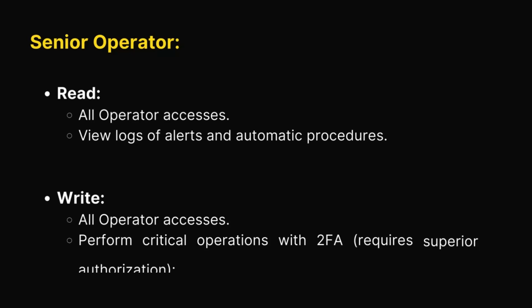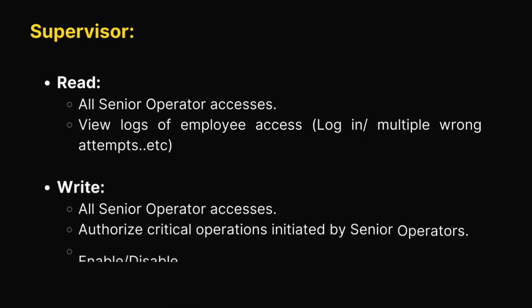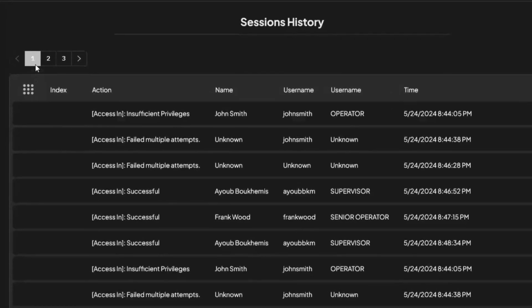Senior operators have access to all operator functionalities and can view logs of alerts and automatic procedures. They can also perform critical operations such as machine restarts and emergency shutdowns, but these require 2-factor authentication and superior authorization. Supervisors have access to all senior operator functionalities and can view logs of employee access, including login attempts and